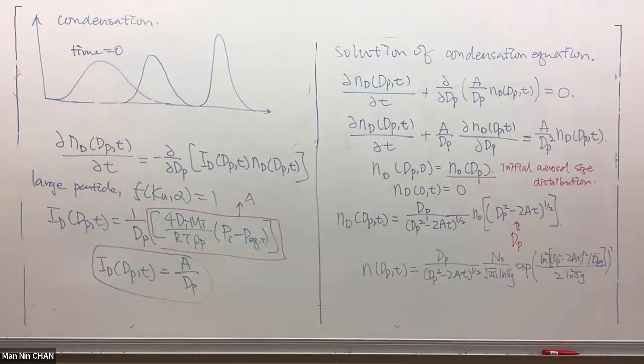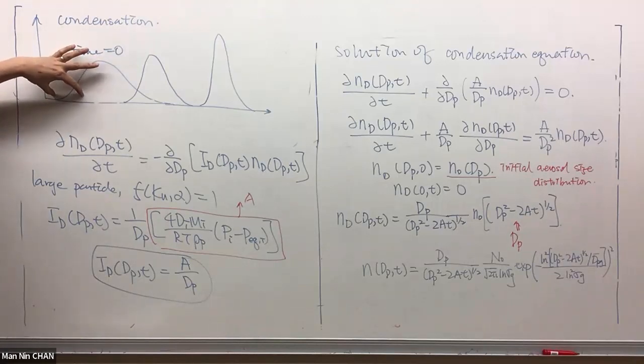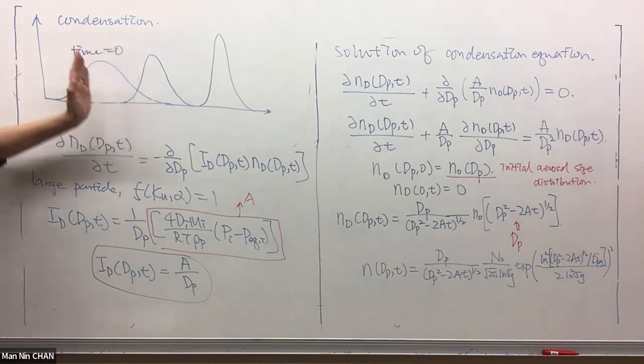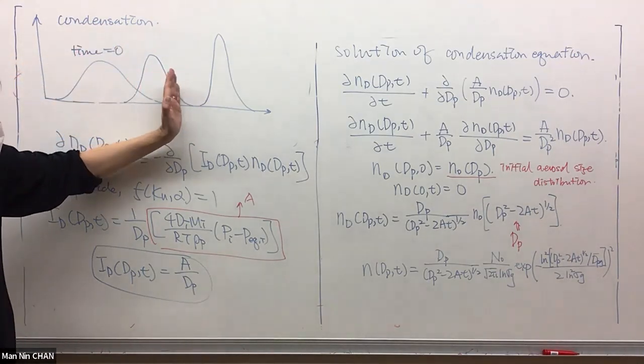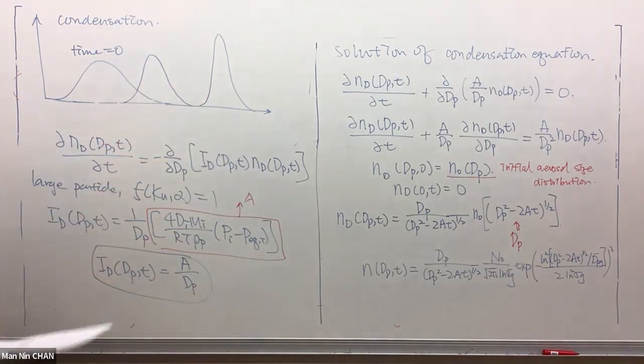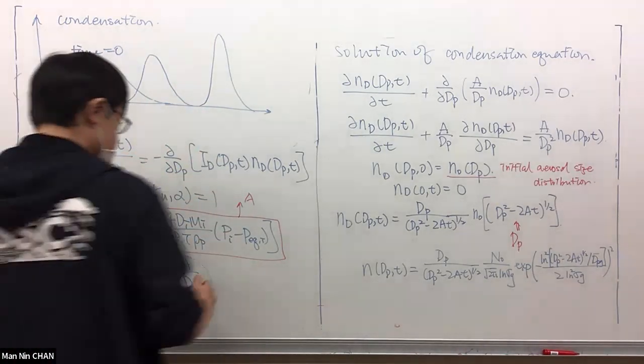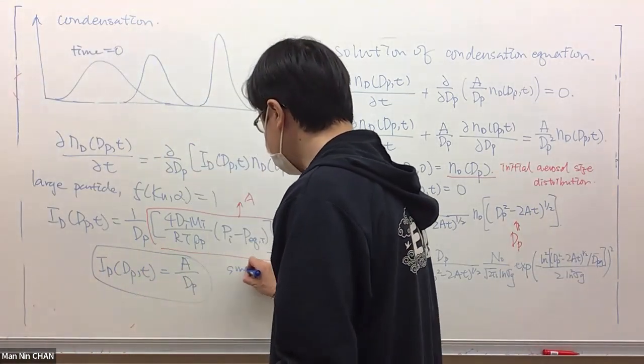So just a qualitative drawing. The idea is that for the smaller particle, they will have a faster growth rate than your larger particle, right? So therefore, you can see eventually they will just tilt up here. So eventually you will not see a normal distribution because of your smaller particle, right? In this case, the smaller particle